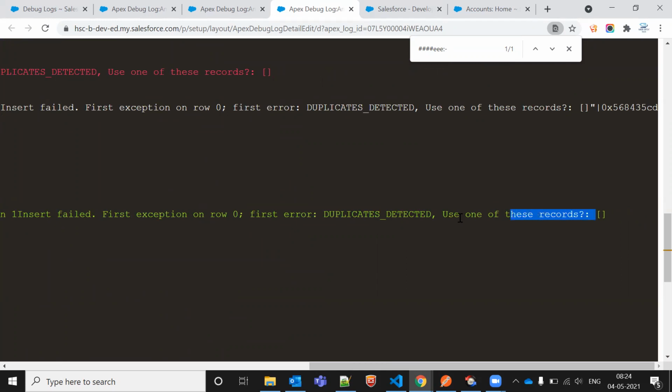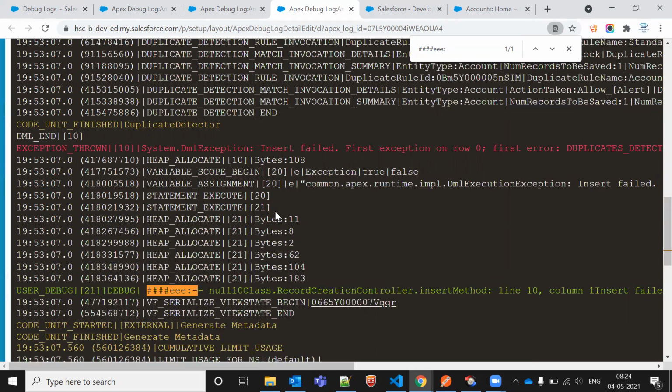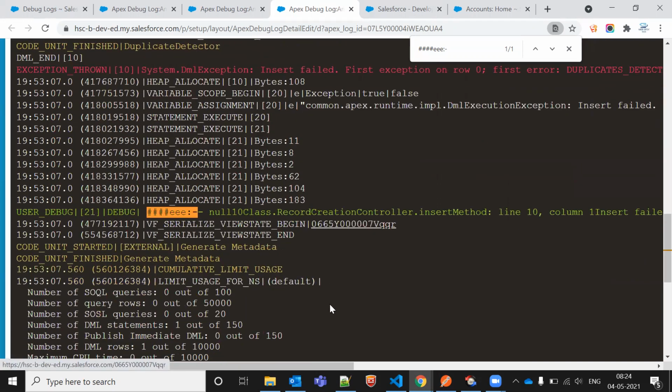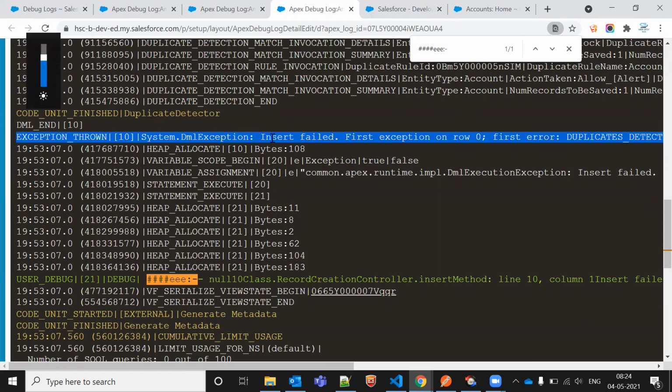Use one of these records. So it is showing an exception in line number 10, and in this scenario it will show a red error message as well.